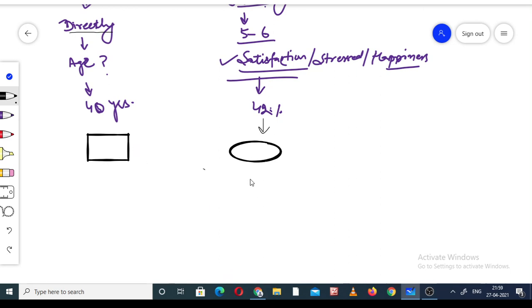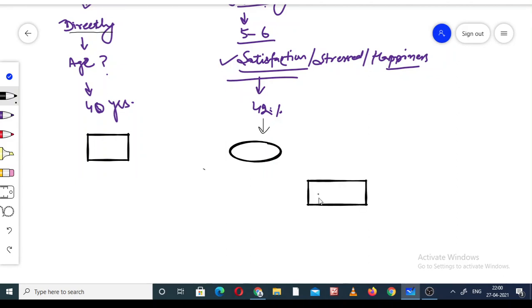If anything is written in the circle form, it means that is the latent variable, and if something is in the form of the box, that is the observed variable. Take the example of this one. On one side is the work culture.